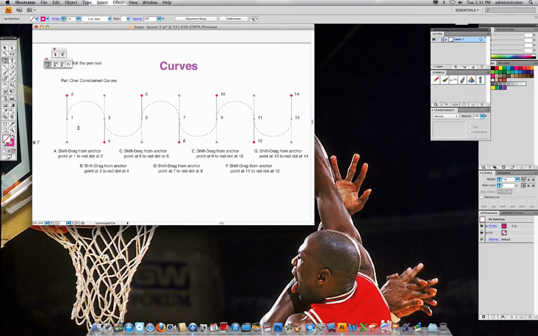So I go back to the pen tool now. This time, because the lines are curved, instead of just clicking and letting go, you must click and pull. And you see little handlebars come out. These are called Bezier Curves. And these little handlebars, we're going to pull until you reach the red dot of number 2. And then you're going to let go. Then you're going to click 3, hold, drag, and pull to number 4. And then the same thing for number 5, up to 6, 7, down to 8,